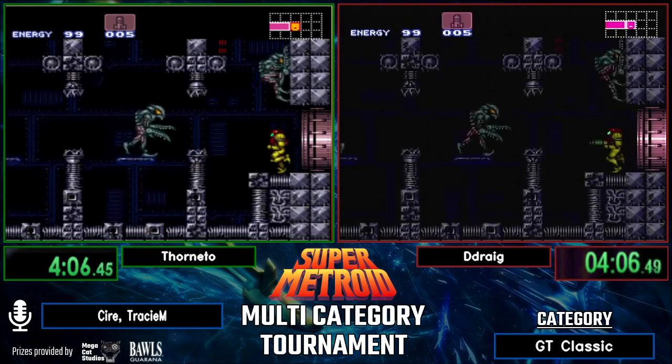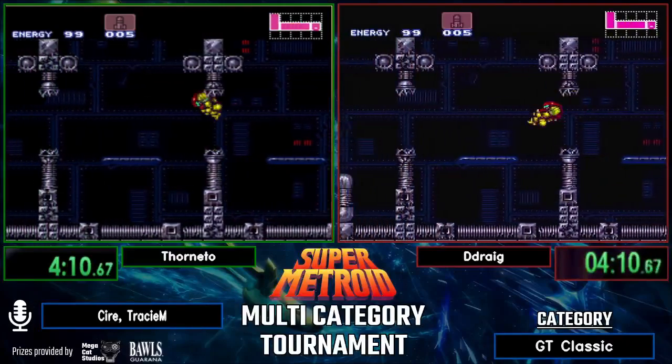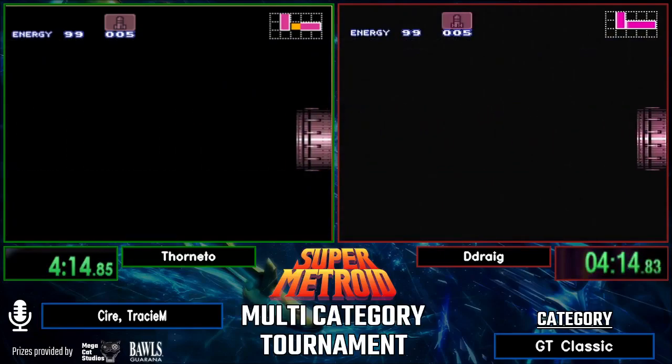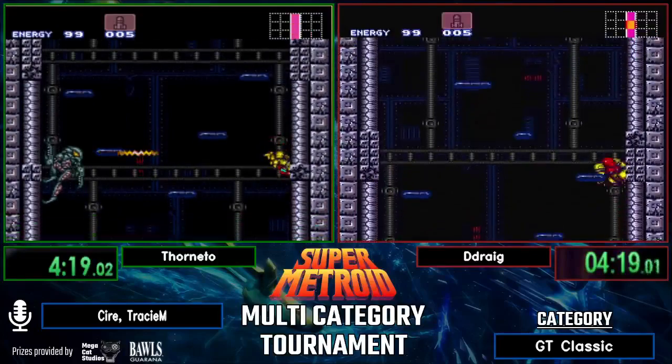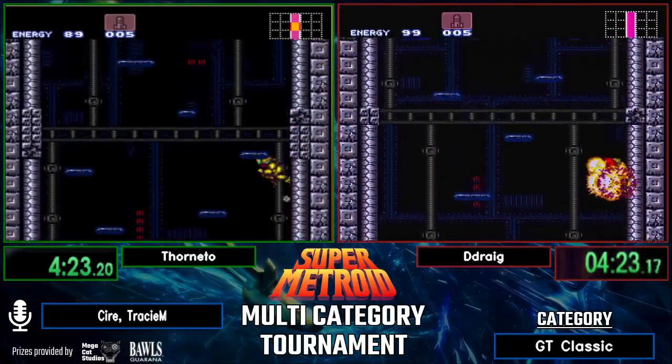So let's take a look at their PBs. Thorneto with a 39.24. Whoa. He is our 32nd seed. Ddraig is our 48th seed with a 41.56. So, close enough in times that any kind of little trip up from Thorneto's side, we could see a very